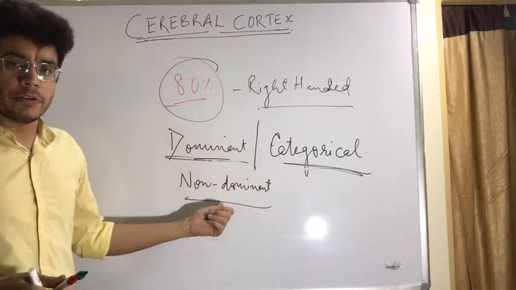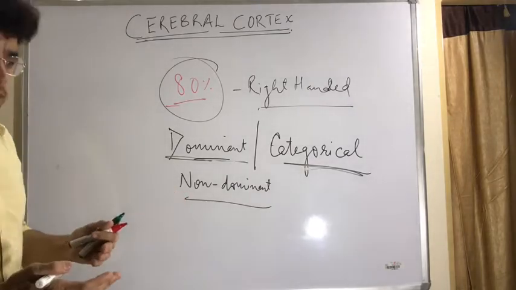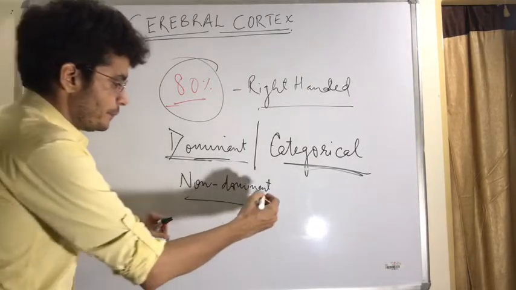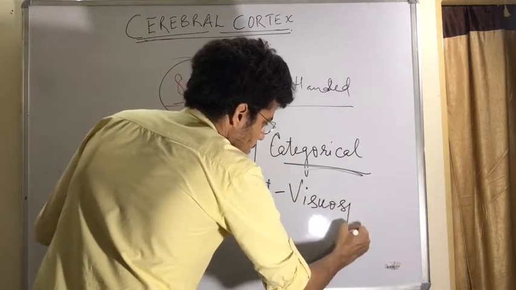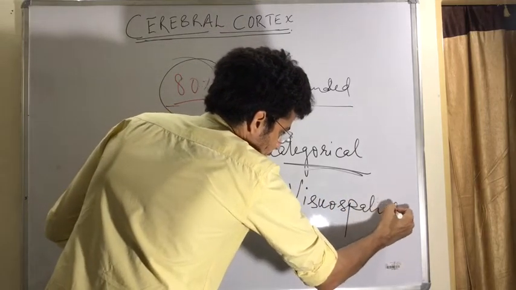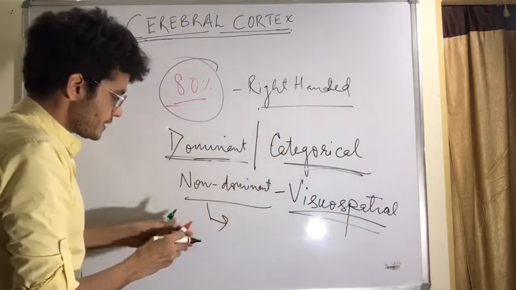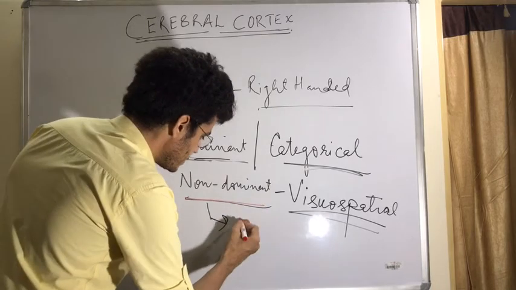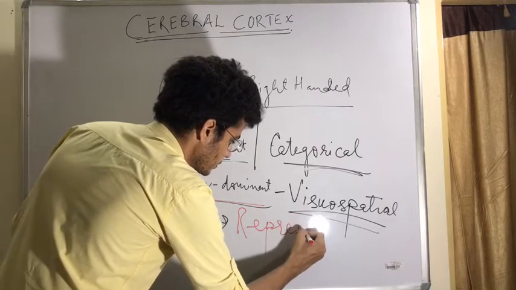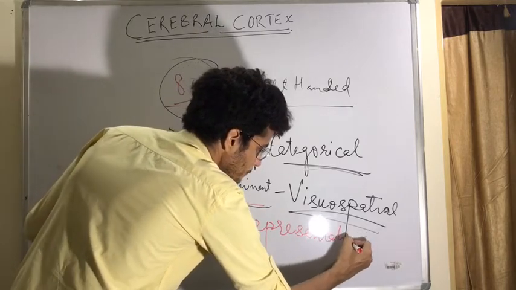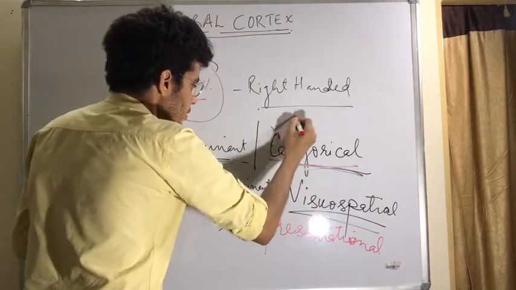The previously called non-dominant hemisphere is actually concerned more with spatial orientation, visuo-spatial orientation. So nowadays, instead of non-dominant, we use the term representational hemisphere. So we can say the categorical